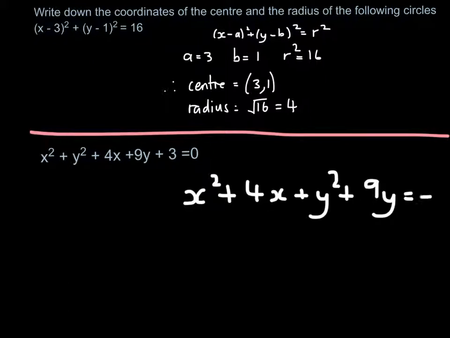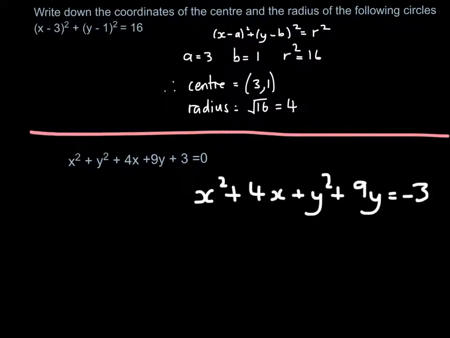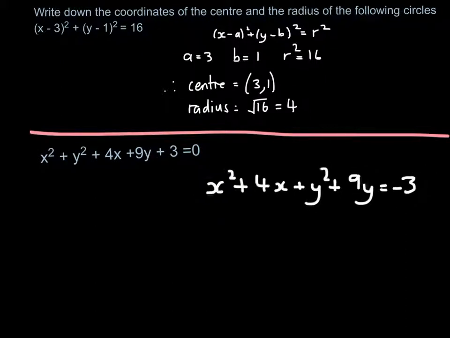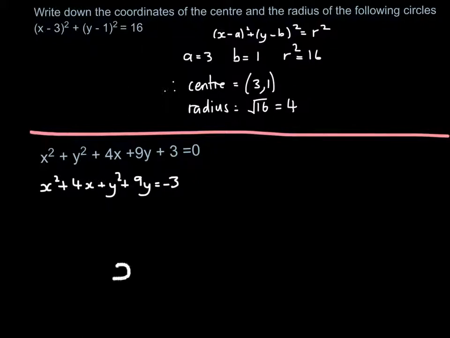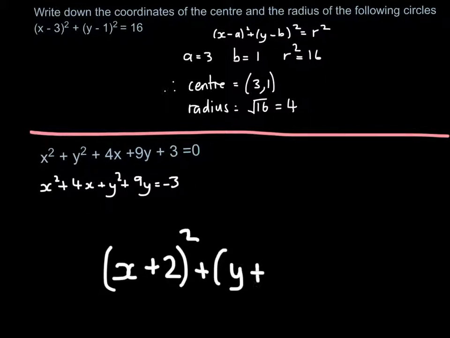So we're actually going to use a topic that everyone loves from C1, and we're going to use completing the square. So I've rearranged that, look, so I've got the x's together and the y's together. So basically I'm going to have to complete the square on the x squared plus 4x part, and then on the y squared plus 9y part. Okay, so I'll get x plus 2 squared. I'll do the number bit next. Plus y plus 9 over 2